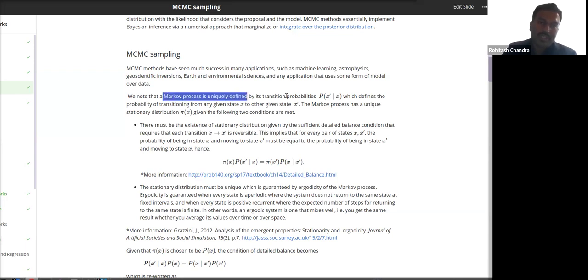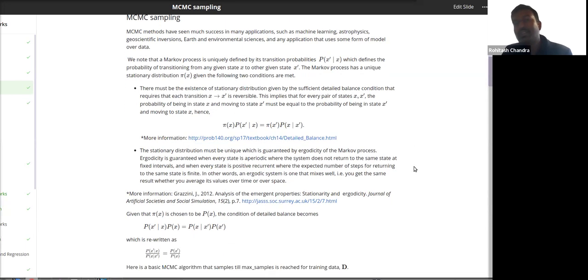So what is a Markov process? It's a process defined by its transition probability. And we have seen what this X and X bar are. It's a process which defines the probability of transitioning from any given state to another state. So from state X to X bar, what's the probability of transitioning? So that's the Markov process. It has a unique stationary distribution, and that's the notation for the stationary distribution given X. A Markov process has a unique stationary distribution,